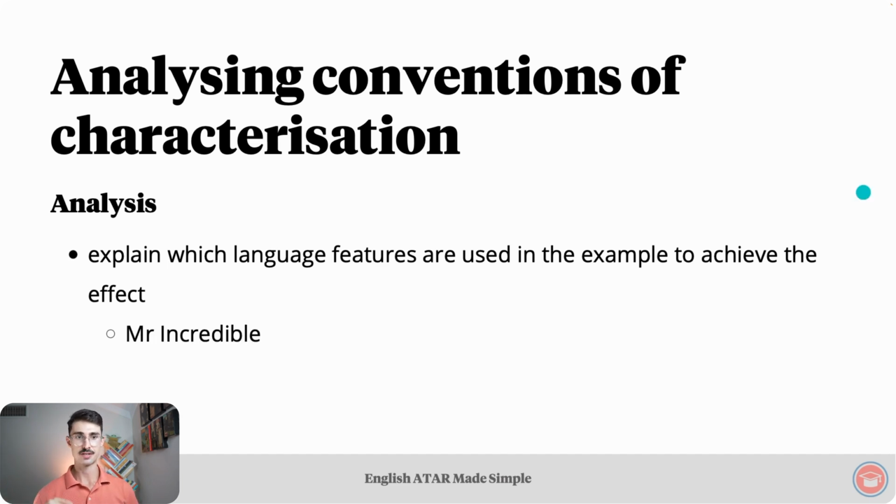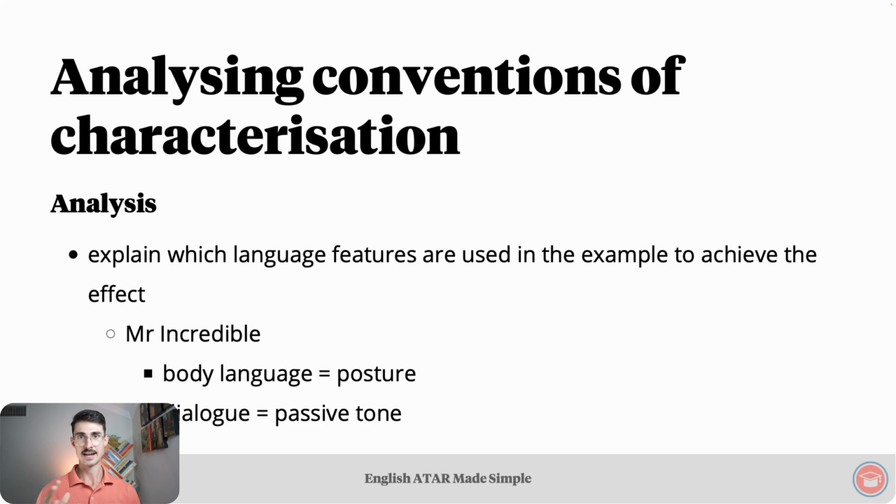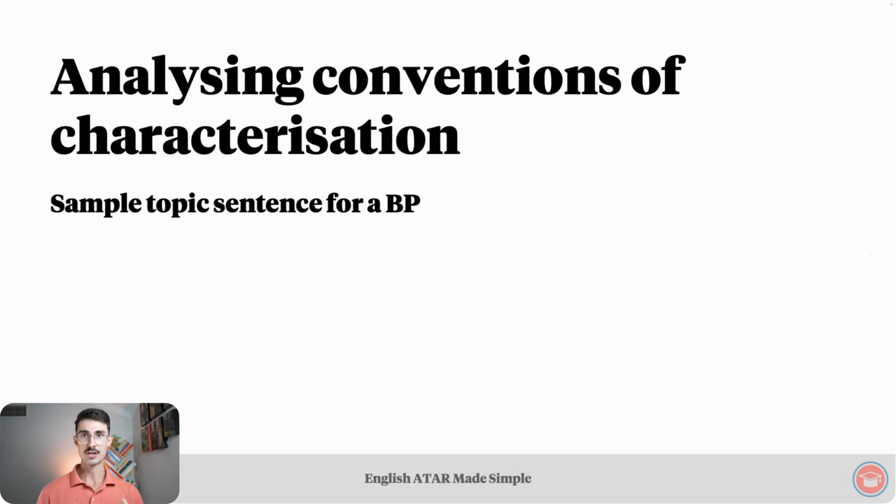That's Edna. Going back to Mr. Incredible, body language. As mentioned earlier, we've got his posture. As Mr. Incredible slumps down in his chair once Edna interrupts him, the audience is told that Mr. Incredible feels less confident expressing his viewpoint and that Edna can basically command him. Then, turning to dialogue, there's a bit of a passive tone, as opposed to, say, an active tone. Passive, isn't that my decision? Versus active, that's my decision. The passive tone makes Mr. Incredible sound submissive.